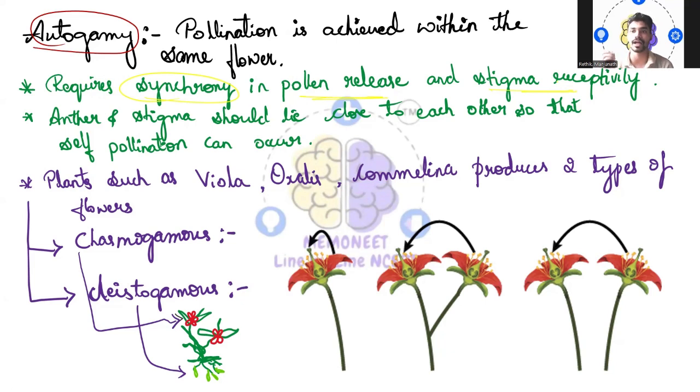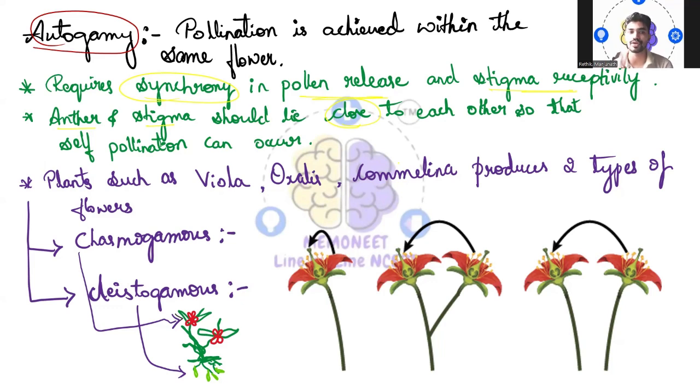Another very important thing is that the anther as well as the stigma should lie close to each other, in such a way that self-pollination can occur. If they are not close to each other, what happens? Self-pollination will not happen. Then the third point is that some examples have also been given, where plants such as viola and oxalis,